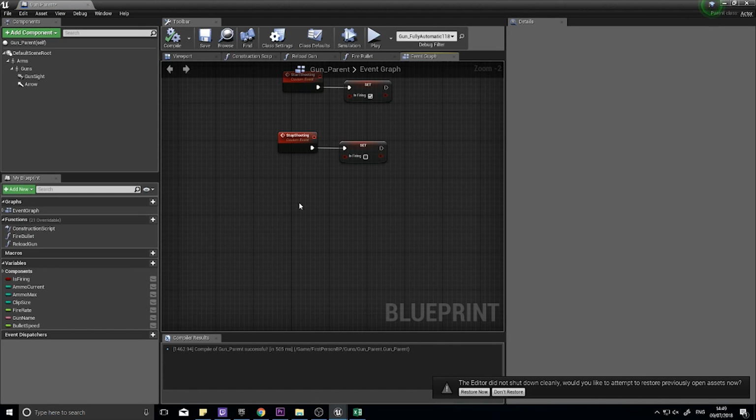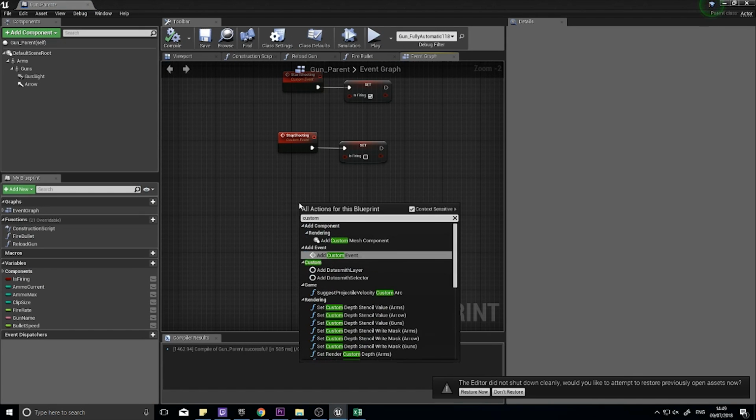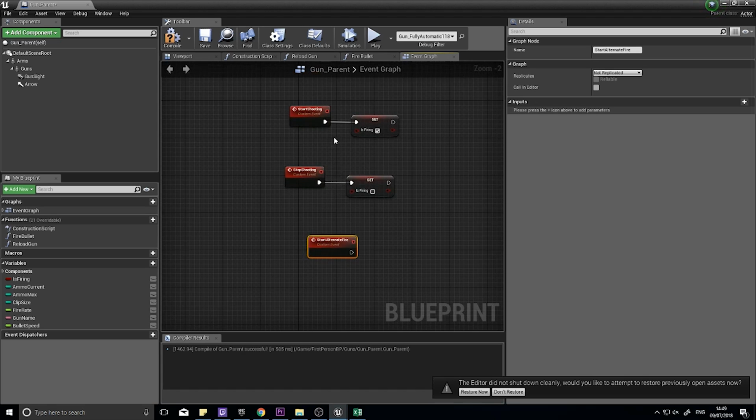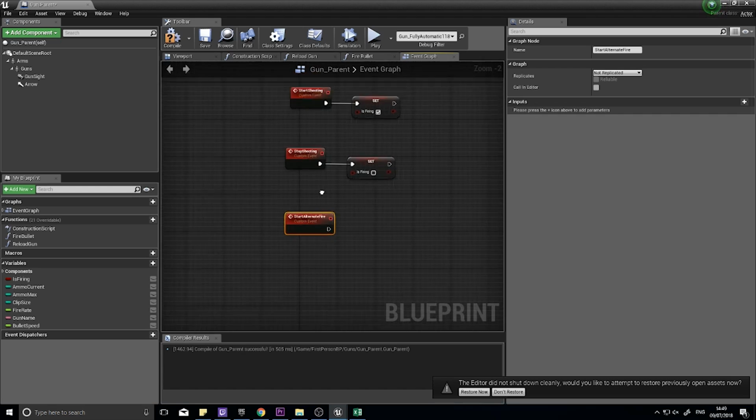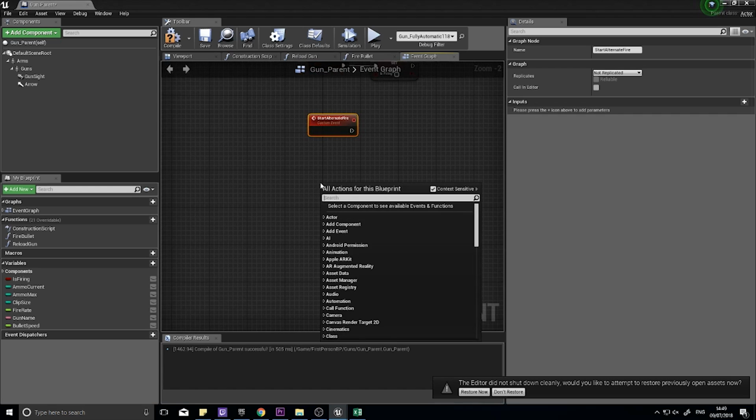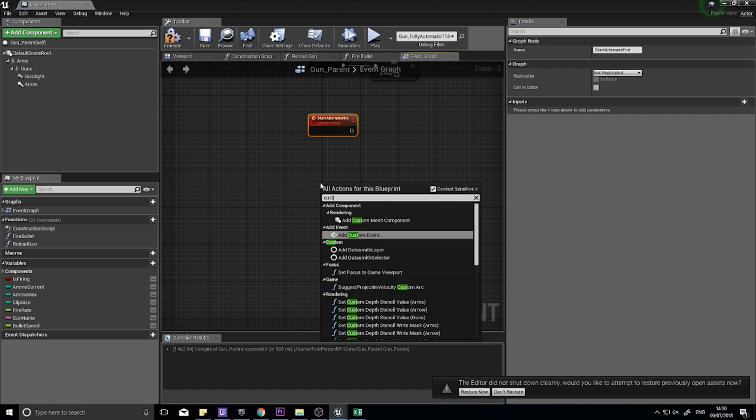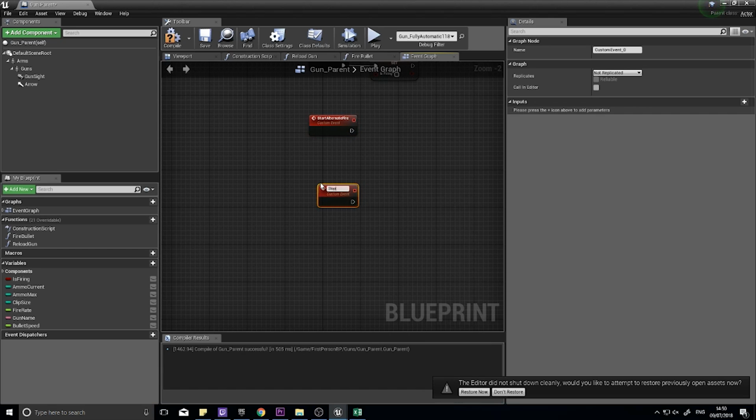So first of all, open up the gun parent, and what we're going to do here is we're going to add a custom event, and we'll call it start alternate fire. Notice how we're going to basically do exactly the same as we've done with our normal shooting. So we need to do another one for stop, so do custom event stop alternate fire,